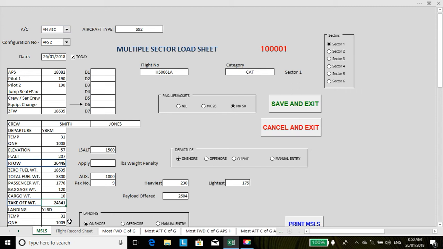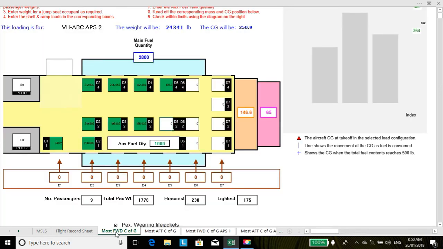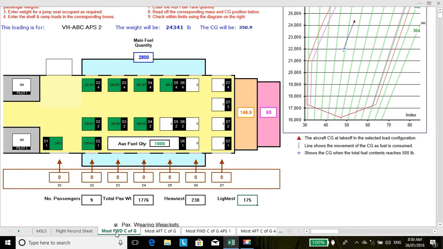Now in practice, Sector 3 we wouldn't know about until we got the figures from offshore, so this could all be done on a mini iPad to work out the CFG. And I'll demonstrate how that works. Sector 1, we've got all the figures in there. We can look at the most forward CFG, and you can see that this distributes the weight of the passengers